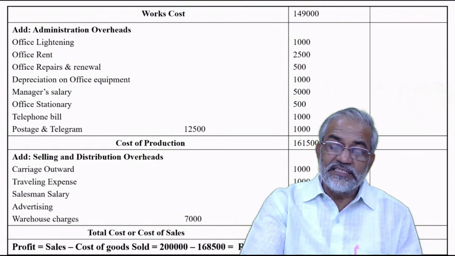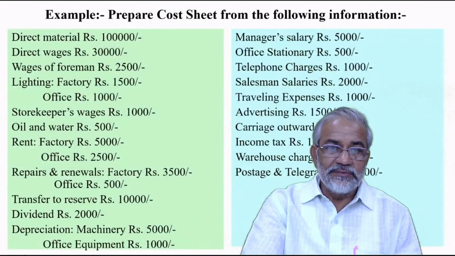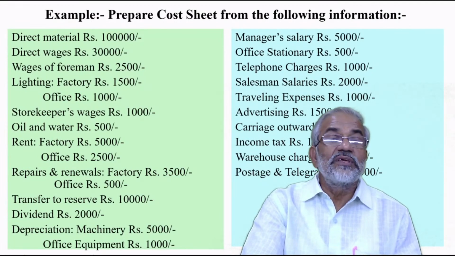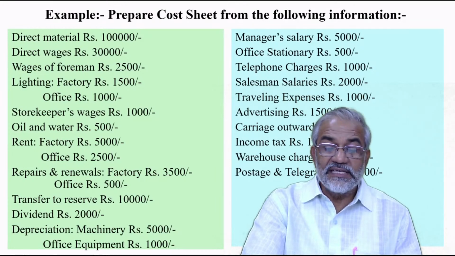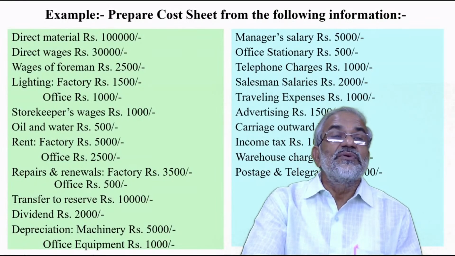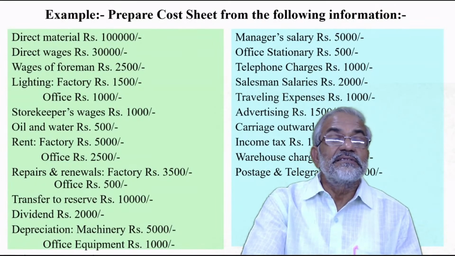So in the question, it is also given. If you look at the question, it is given that the total sales is given here as wages, foreman, storekeepers, repair sales. Here,